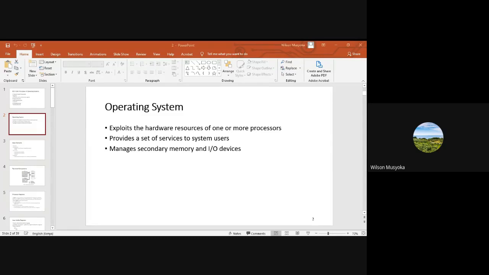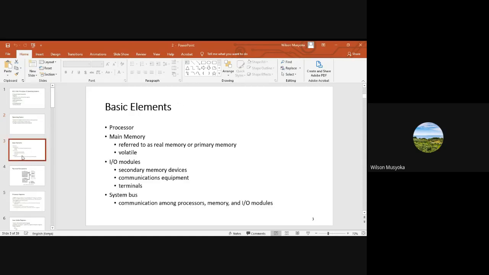What I was saying, when we talk about exploitation, is basically to make use of. So the operating system will be trying to make use of the hardware resources so that it can provide services to the user. So that is basically what we are saying. The basic elements which will be exploited, we are looking at them now. These will include